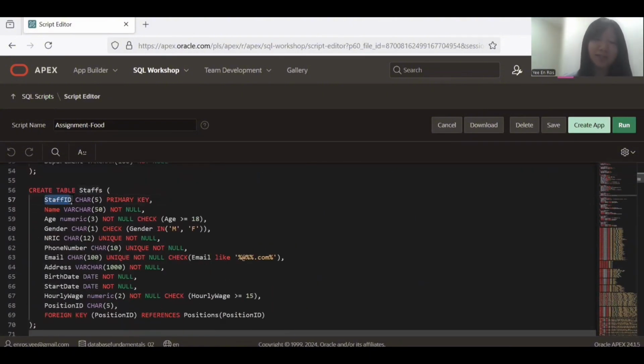First is the staff ID, which is the primary key, and the data type is char, as all the IDs should have a fixed length to be more organized. Next is the name, and the data type is varchar, and the name length can be different, and cannot be